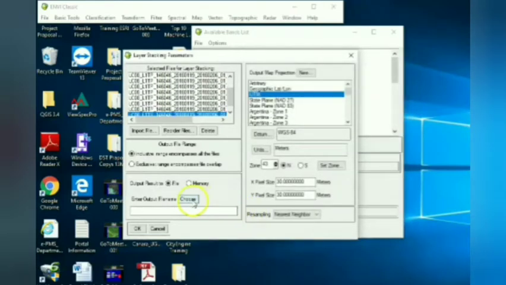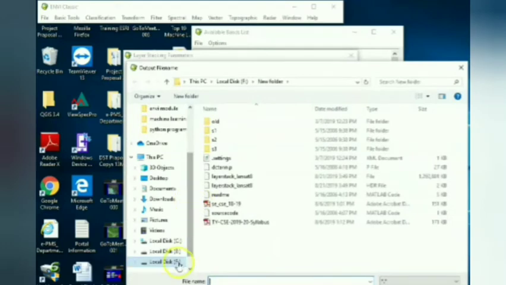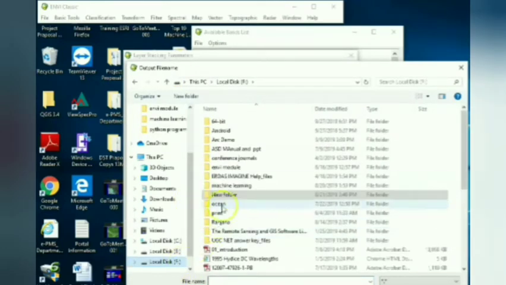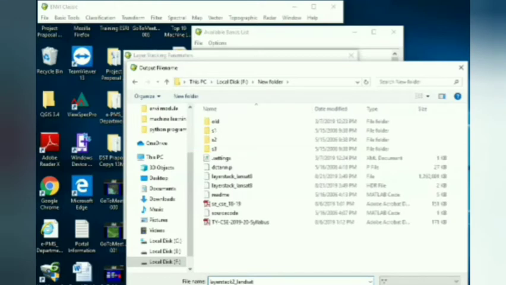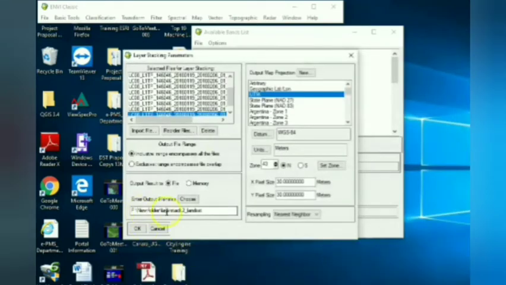OK. Then choose the folder where you want to save the output of the layer stack operation. Give the name. Then click on OK. The layer stack operation will be performed.